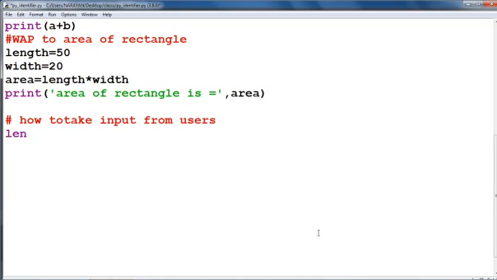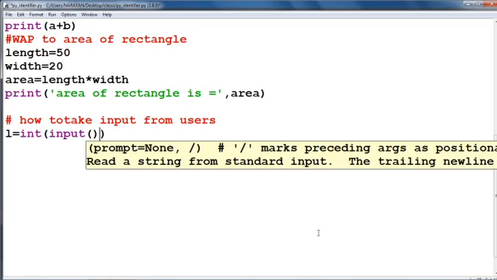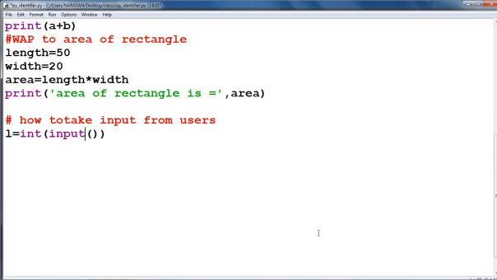Now define length, represented by L. Length equal to int input, enter the length.